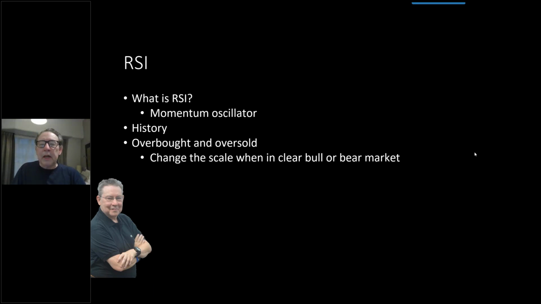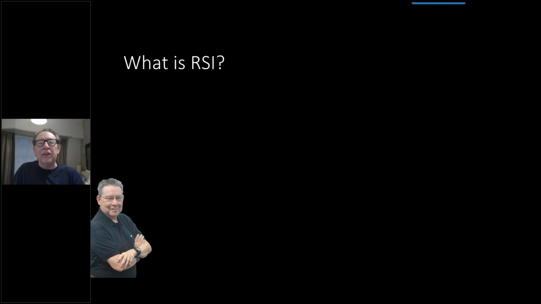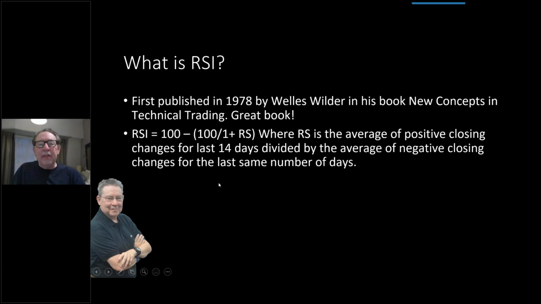So let's carry on here. We're going to talk about divergences. We'll talk about that in a minute. We're going to talk about crossing the 50 line. We're going to talk about elbows, and we're going to talk about other stuff. Let's get into it. So what is RSI? It was first published in 1978, and there's the formula right there. RSI equals 100 minus open paren 100 divided by 1 plus RS. But the critical thing you need to see is